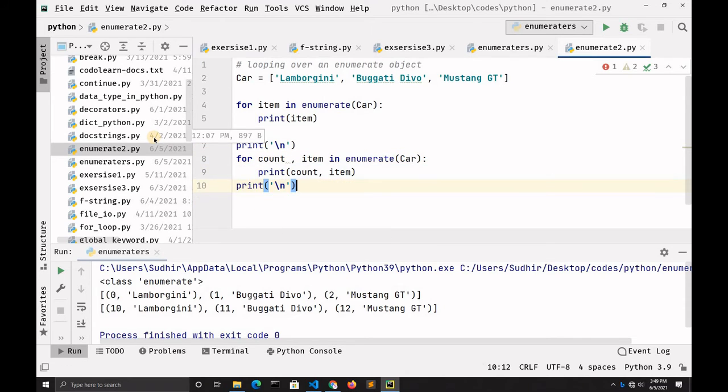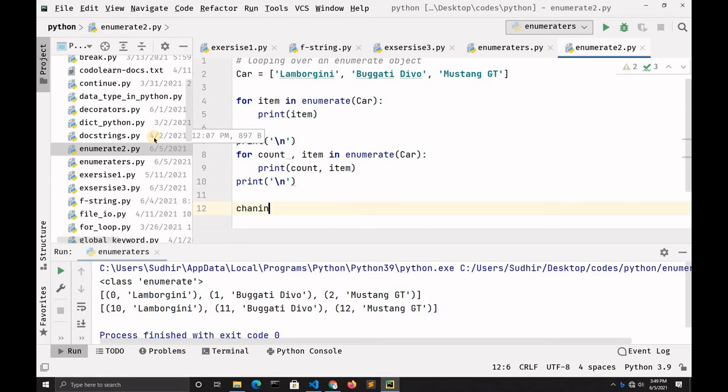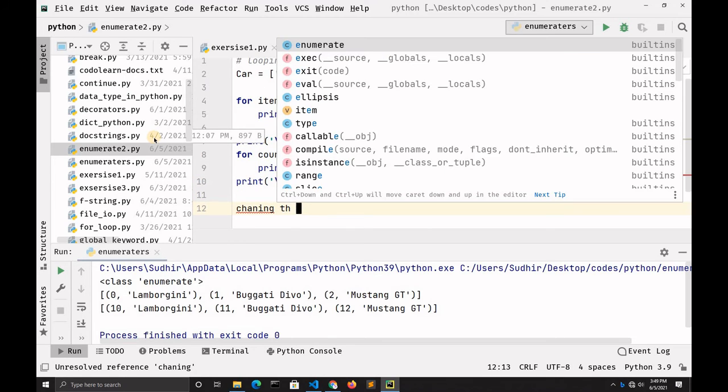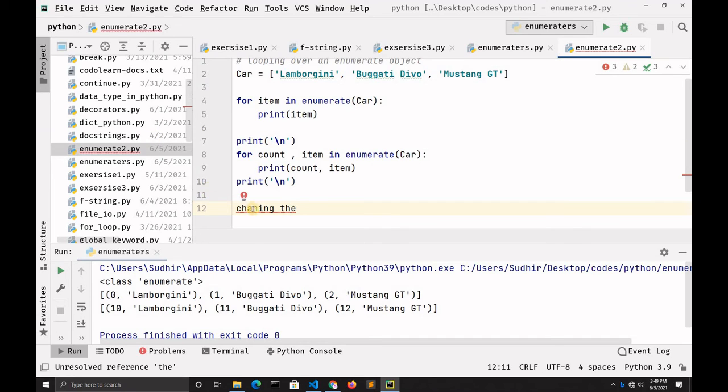After that you have to type a comment, changing the default start value.